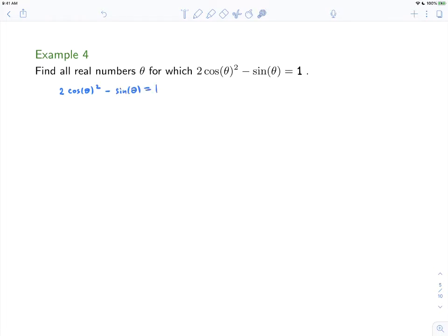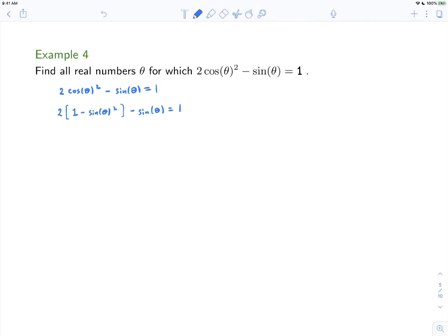Now the main problem here is that we have a sine and also a cosine. So what we want to do is convert them either all to sines or all to cosines. The easiest way to convert between sine and cosine is to use the Pythagorean theorem. Here's a cosine theta squared, so let's convert that into a sine theta squared using the Pythagorean theorem. So this is going to be 2 times 1 minus sine of theta quantity squared minus sine of theta